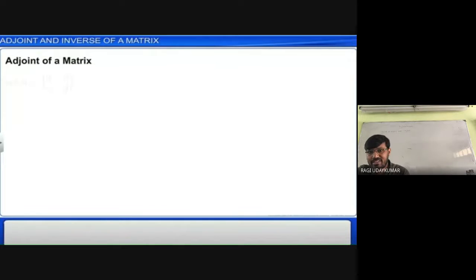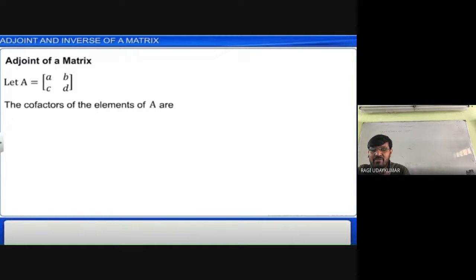So now let's see the difference. See here, let us take a matrix with elements a, b, c, d. What is the adjoint of this matrix? First write the cofactors only. What is the cofactor of a11, that is of a? It will be d. Why? What is meant by cofactor? That row and column should be deleted. So a, b row and a, c column are deleted, and the matrix obtained is a single element. The determinant of that is the single element itself, which is d.